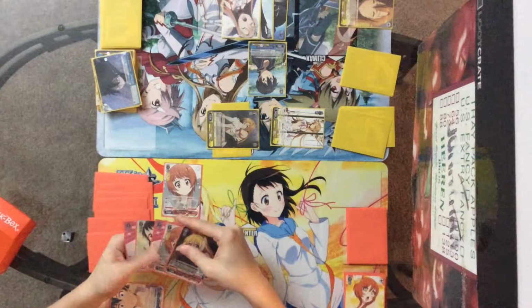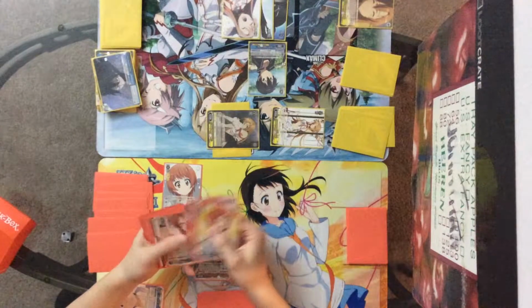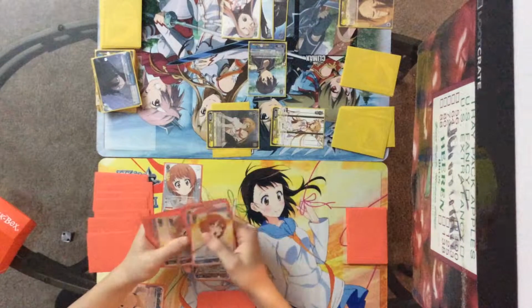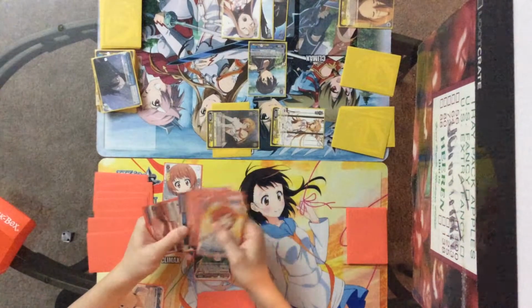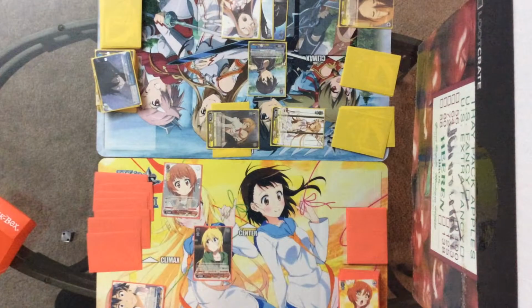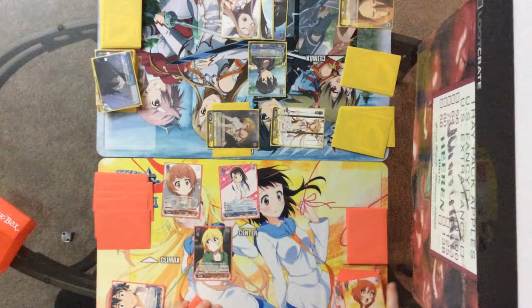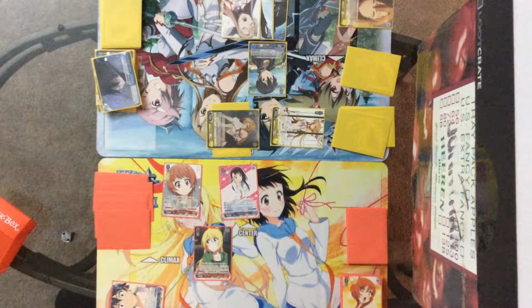And now we get the fun part. Since I have 1, 2, 3, 4, 5, 6 climaxes in my waiting room, she gets -1 level in my hand, so I'll pay 2 for her effect. The number of climaxes, this card gets plus 1,000 power if you have 2 or more other key characters, and